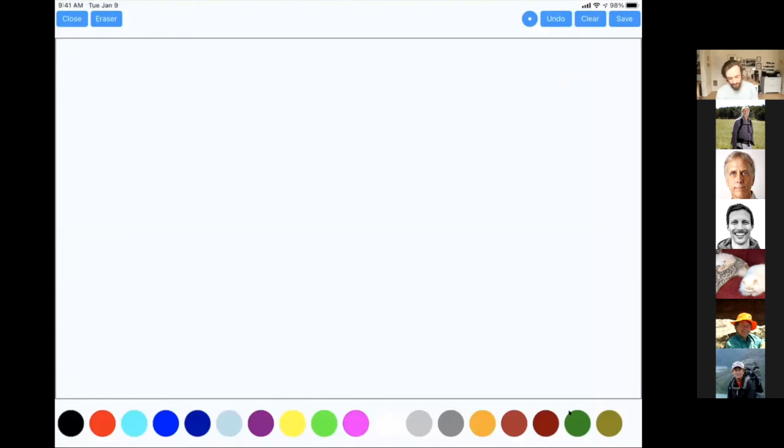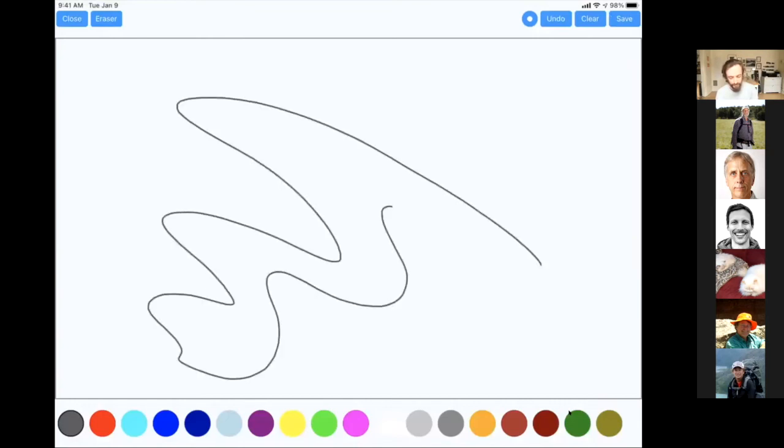But we decided, based on the resources that we want to spend, that we would just use a very simple tool. You can draw, the lines are nice and smooth, you can pick different colors, and there's an eraser. You can choose the size of the eraser and the pen. So it's very rudimentary, but when you hit save,